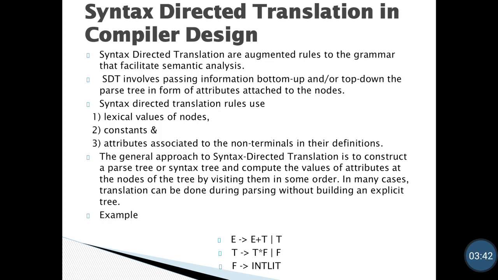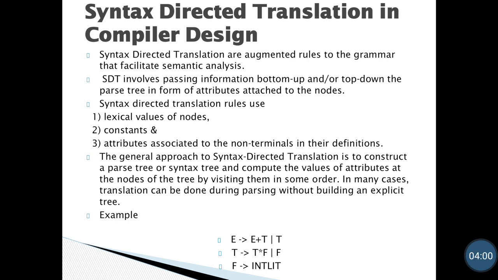Next is syntax directed translation. That is an important part of semantic analysis. Syntax directed translations are augmented rules to the grammar that facilitate semantic analysis.